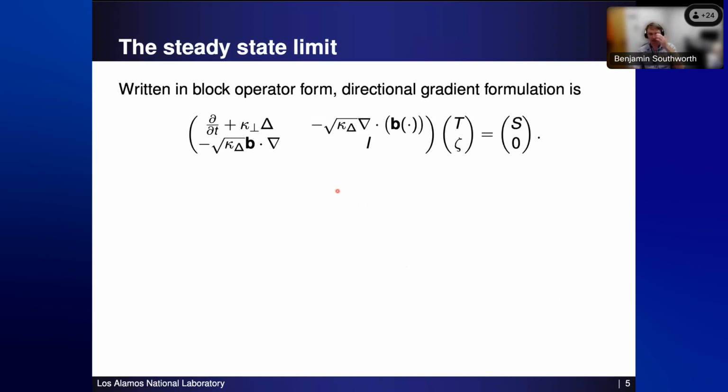And so to kind of get into the motivation of where this all came from, if you write out this formulation in a block operator form, so forget your discretization for now, just keep the strong form of differential operators. We have our temperature, we have our auxiliary variable, and up here we have our time derivative and temperature and our isotropic diffusion, and then our off-diagonal operators end up being these directional gradients. That's how we formulated this coupling between them. And in a finite element case, this would be a mass matrix.